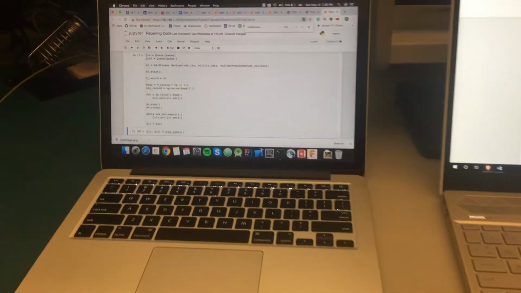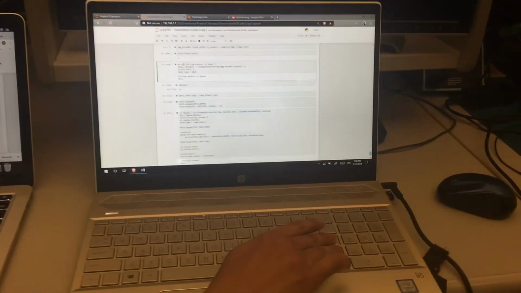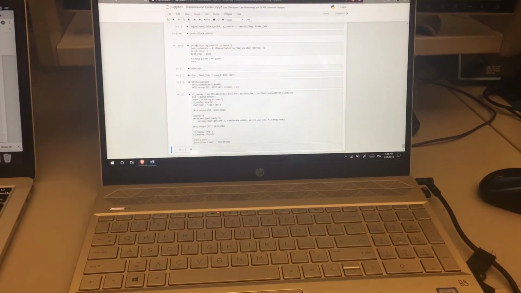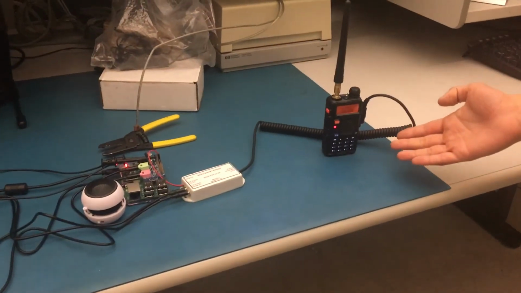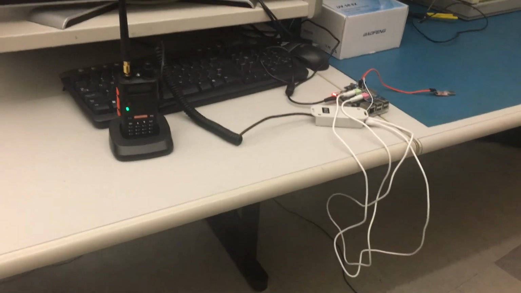So first, Howard is going to run code to set up the receiving module, and now he's going to transmit the image that we've already encoded. We see that the transmitting module's radio lights up, showing that it's transmitting, and the receiving module is gathering the signal. Finally, we can actually hear the